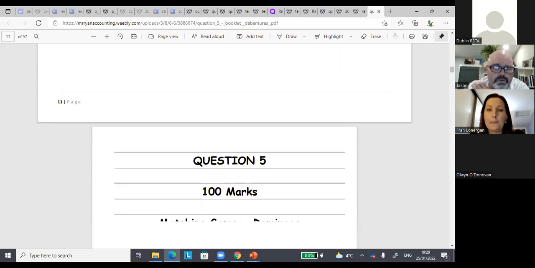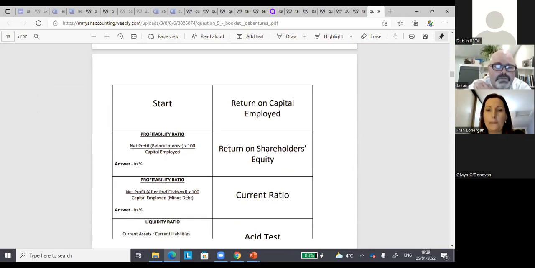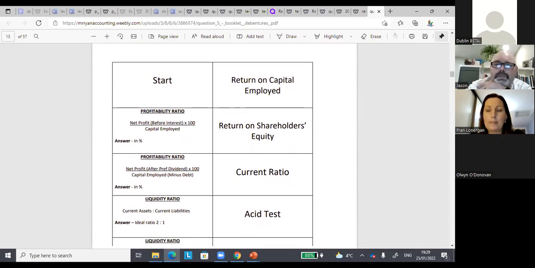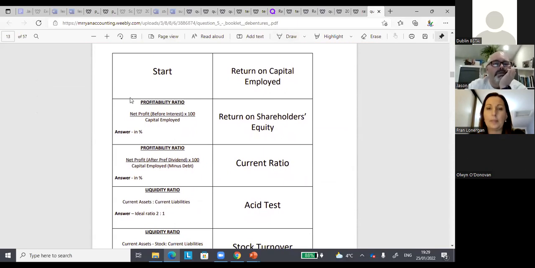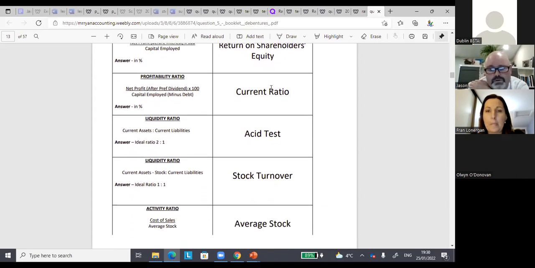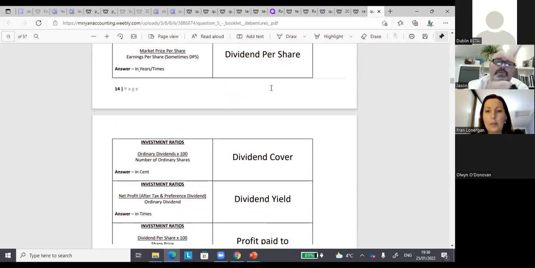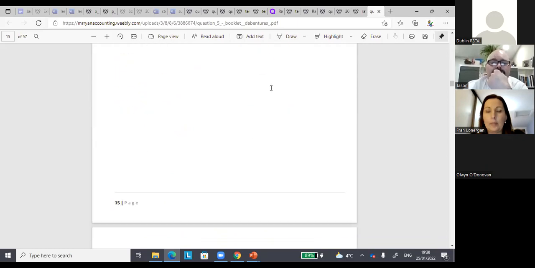I've also given them the downloads. This is something that I've taken from a talk at the very start about strategies for Leaving Cert Business, a domino game where you can cut these up going across, and this is a formula, then they have to match the correct formula with it and put it beside it. And then you've got return on shareholders' equity, and if they find the correct one, they put it beside it. So at the end, they'll have the name of the formula all the way down along. It's a matching exercise, giving them a break from writing all the time in the class.